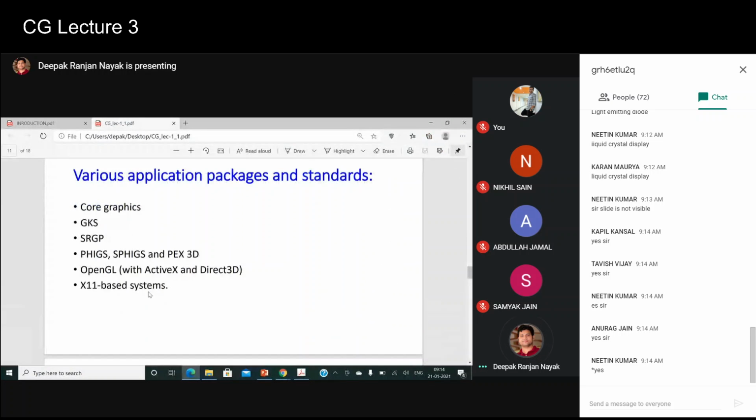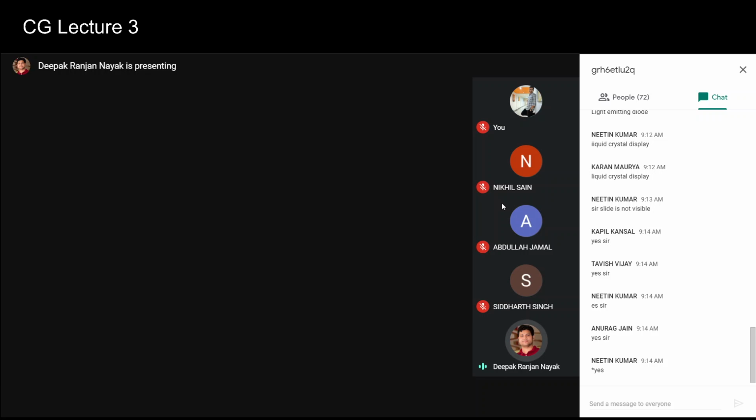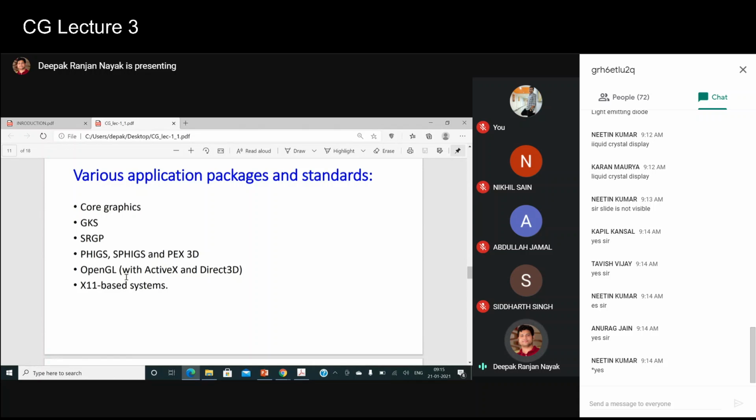Okay, fine. So see here, the packages and standards in computer graphics evolved over time. GKS, SRGP, PHIGS, OpenGL the most important one, X11 also mostly runs on a Linux system, but can also be run on a Windows system, that's fine. OpenGL we'll see. And these are the standards which are basically used.